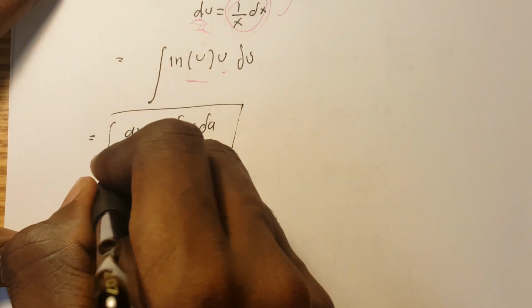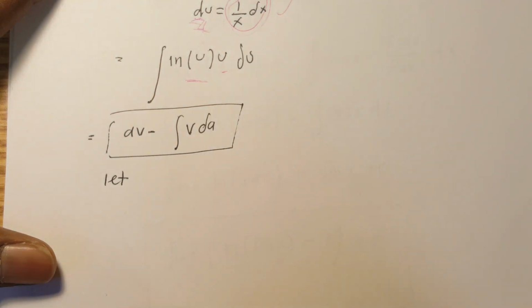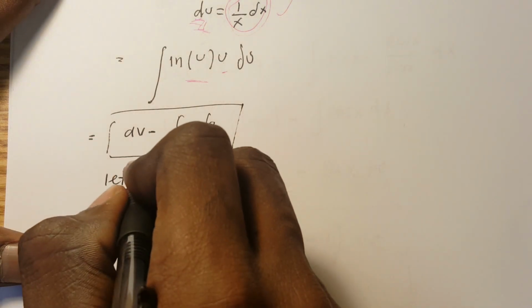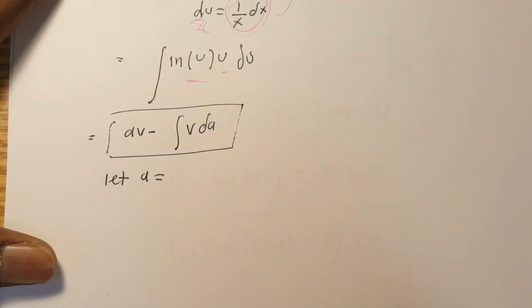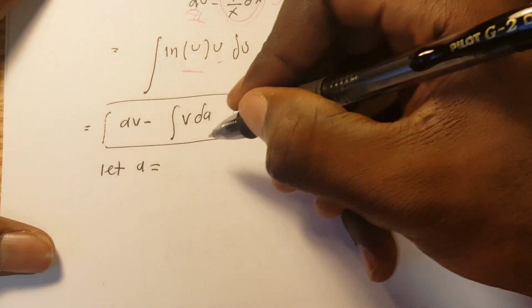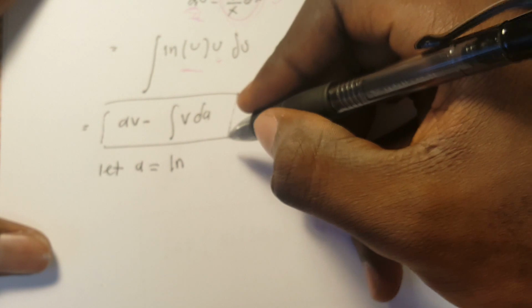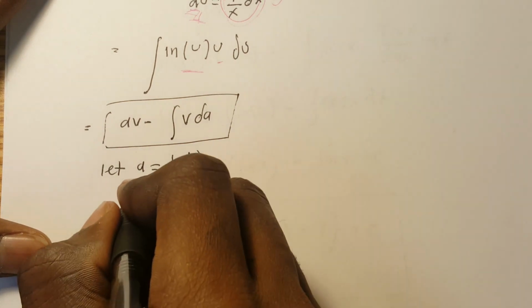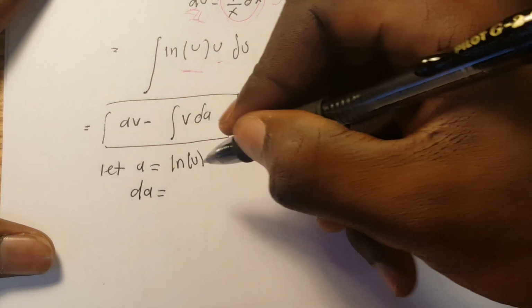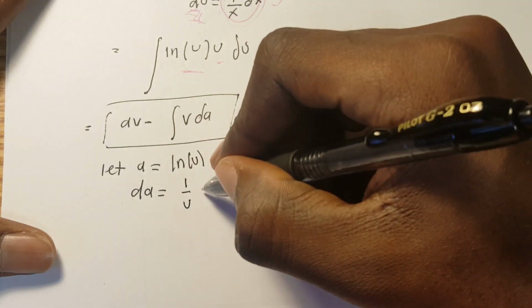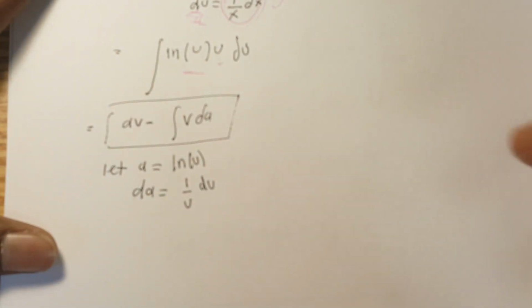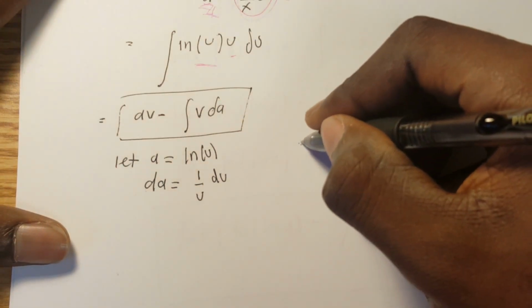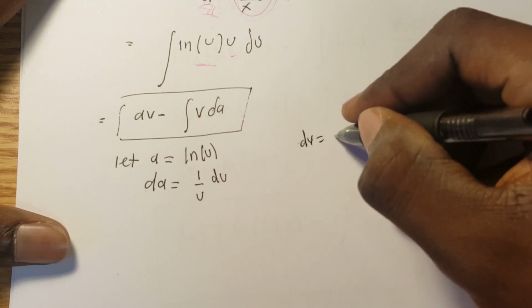So I will let my a be equal to natural log of u. So my dA will be equal to 1 over u du. I will let my dv be equal to